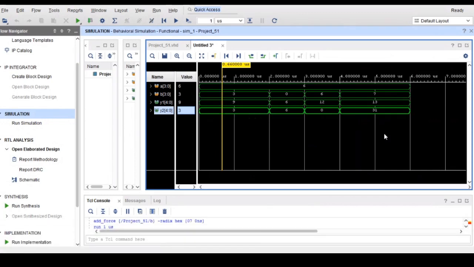Could you repeat the sentence which you wrote, the condition for A equal to B? A equal to B means only 6 will come: 6 minus 0. So directly 6 will come. A equal to B means 6 minus 6 is 0 will come. A minus 0 means A will come. Correct. Thank you, sir.